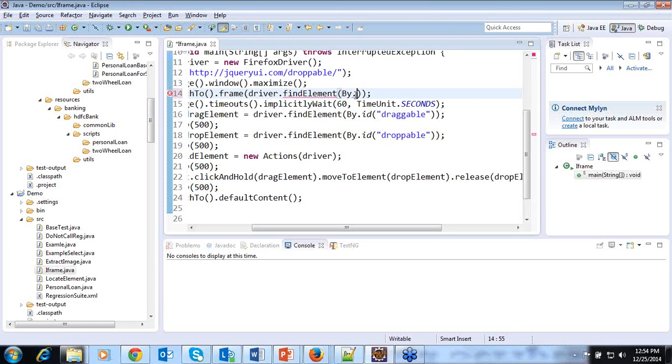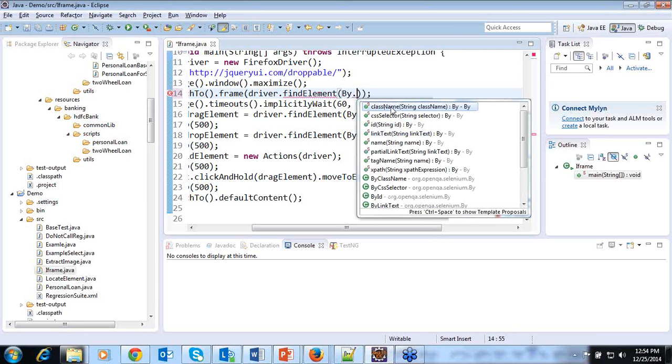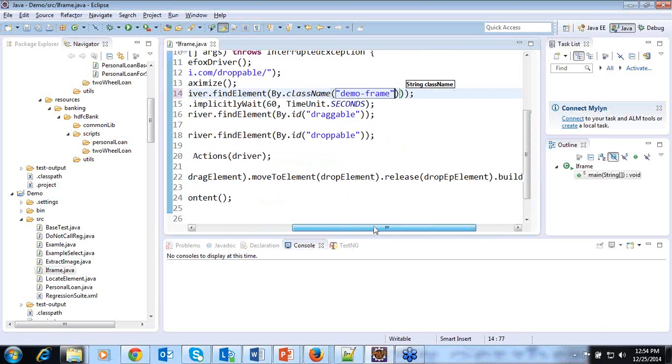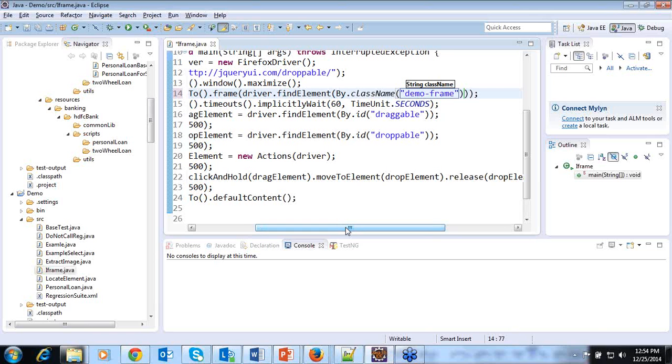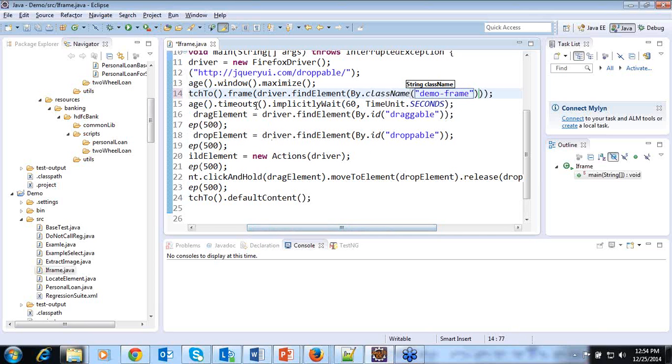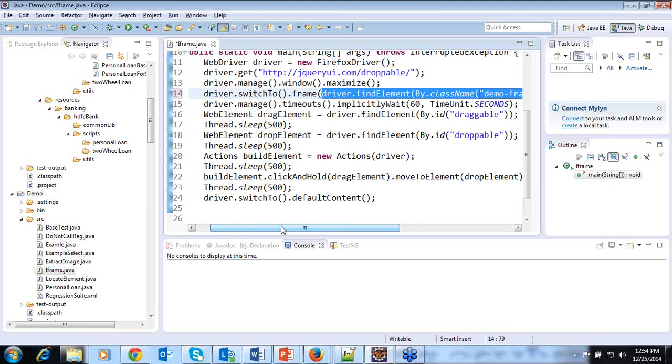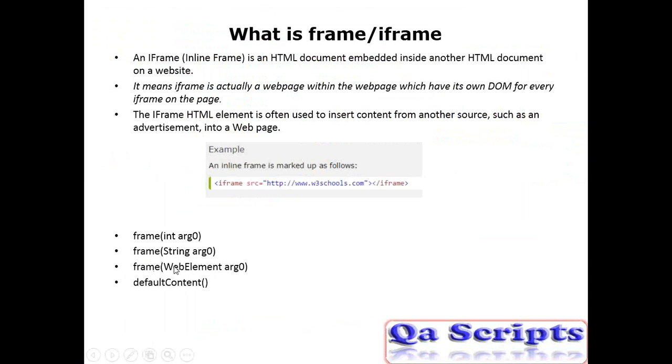So here I can take the element locator as class name and I will pass the same class that has been given in the HTML. So now the complete line from driver to class name will give the element locator by using web element. So this is how we can use the third method, that is nothing but frame web element.